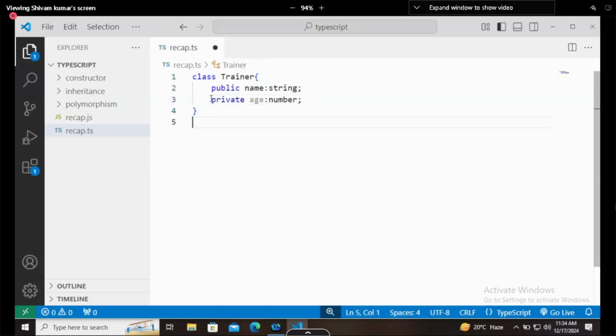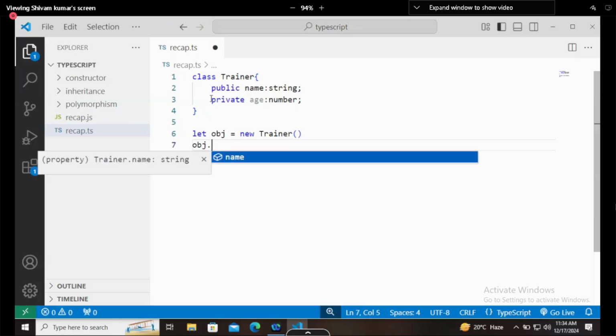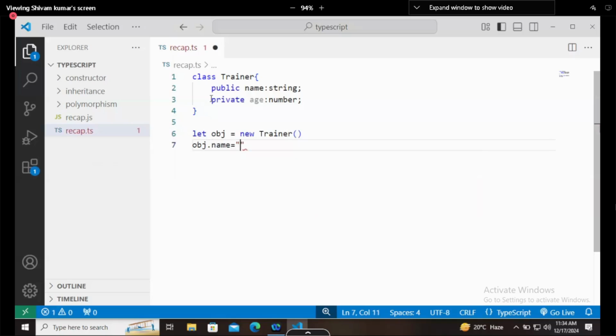Right now, let's create an object of the class. So I will say let object equals new trainer. Then if you are trying to set the values, I will say object dot name equals Shivam. Right?